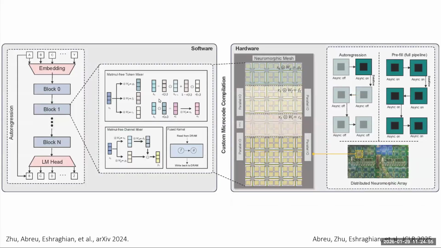This is a high-level view of the sequence of steps in the software. This is all, of course, optimally mapped to Loihi. And there's two phases with language models. There's pre-fill. And pre-fill you can think of as, you're typing in ChatGPT, you've built out a full sequence length, and then you hit enter to predict the next word. So pre-fill takes a full input to predict the next token. Autoregression has now generated that next token. And what decoding or autoregression is trying to do is still predict the next token, but I only have one new token to work with.